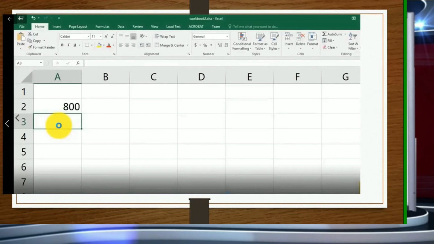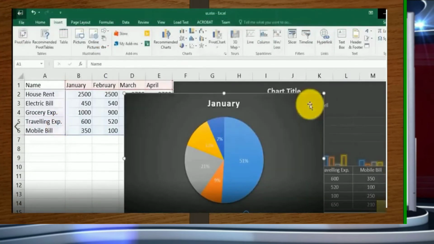So you could see that the 800 value was in one sheet. Now I have got the same value in this sheet. Now coming to the next, supposing we are sharing data from one workbook to another workbook. So I am picking up a value, maybe 2500, maybe in C2. You can have B2, you can have any value that you want to pick up, but you have to apply the formula according to that. Now we are going to go to another workbook.